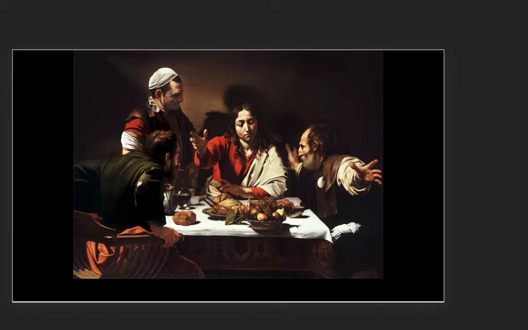Well, let's talk about the tension that is created. We have an extreme foreshortening created by the old man in the lower right-hand corner with his hand reaching out to the audience, to the viewer. And the hand draws you in. It's a moment of exclamation where he says, aha, I see you for who you are.